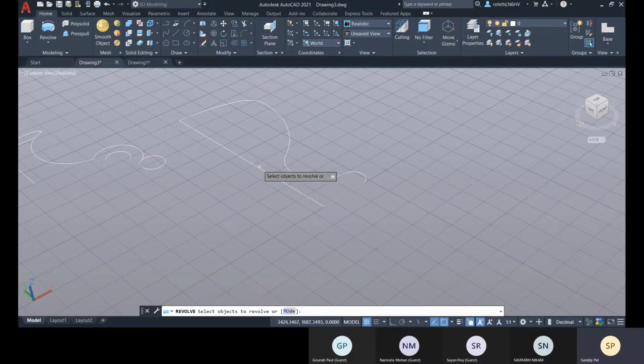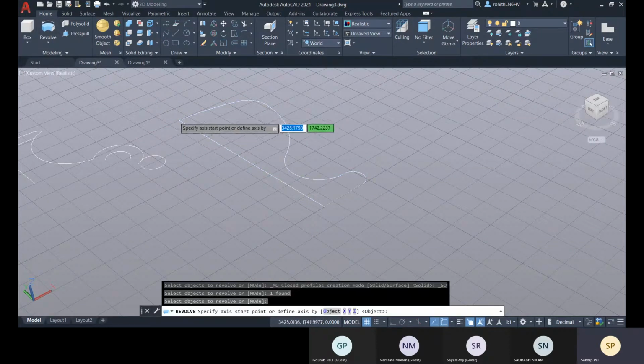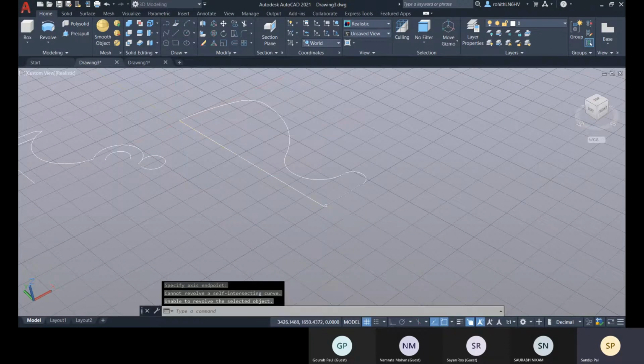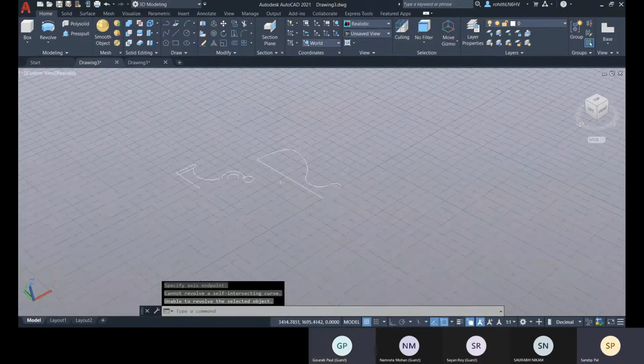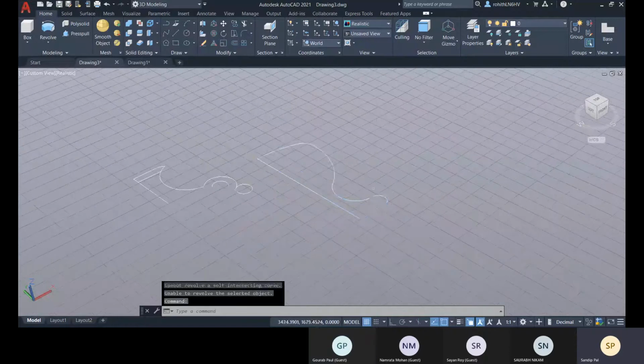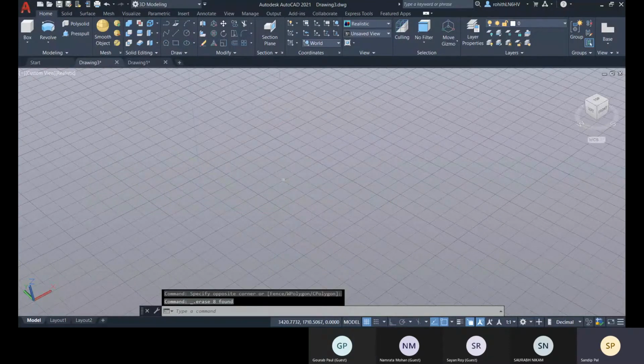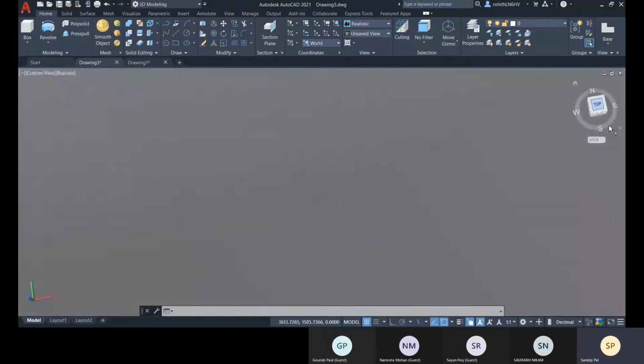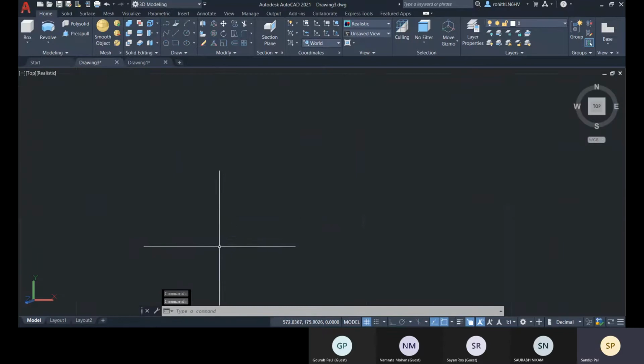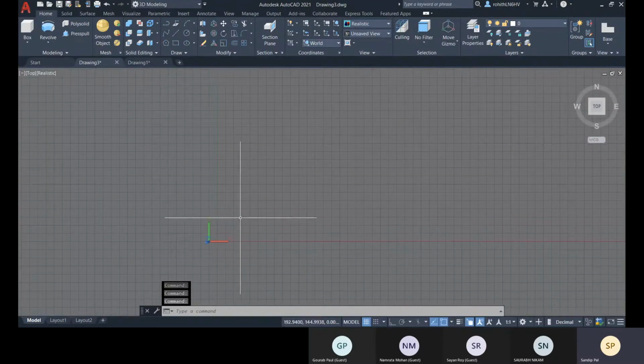It's still unable to revolve this. Gaurav, you sent me this file, right? Yes, sir. Okay, check with that drawings. I think there is some issue with that drawing. I don't know what the issue is. Should I create this drawing again and show you, or else should I proceed with new files?